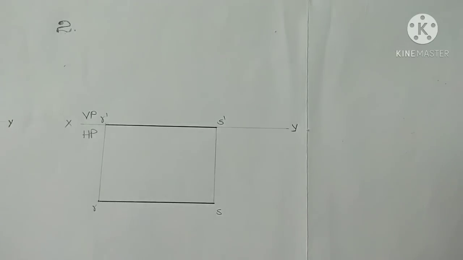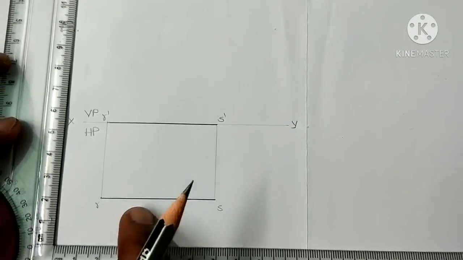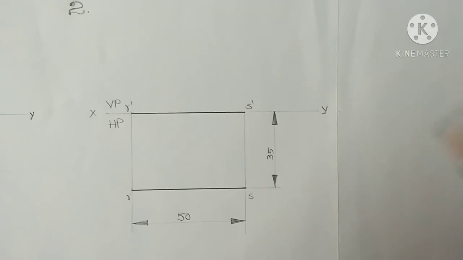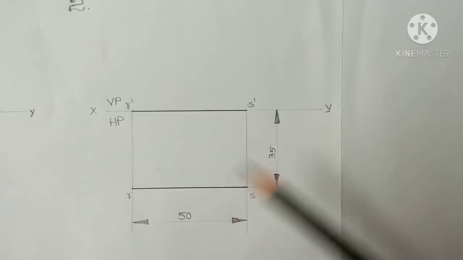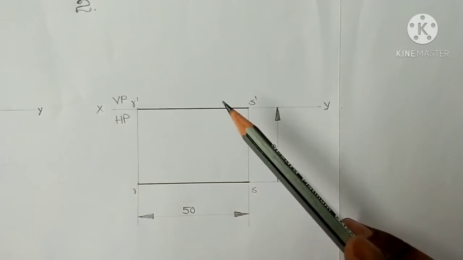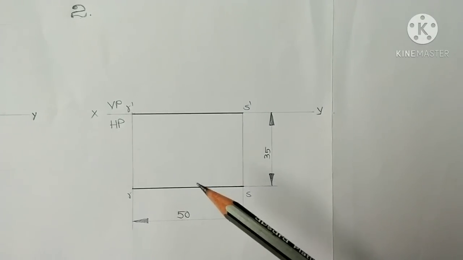If we come into the naming, next we should show the dimension of this line. Similarly, the true length of the line. Yes, finally we can show the dimension in this way, the true length of the line. Similarly, this is 35 mm in front of the VP. So here the line is in the HP, and similarly in front of the VP. So in this way we will be getting the projections.